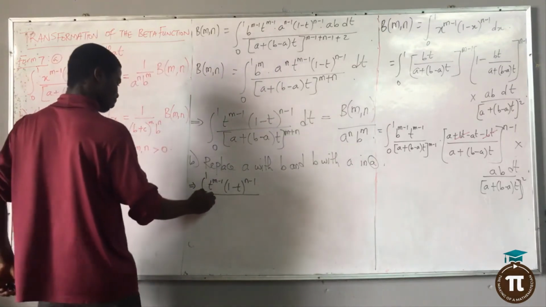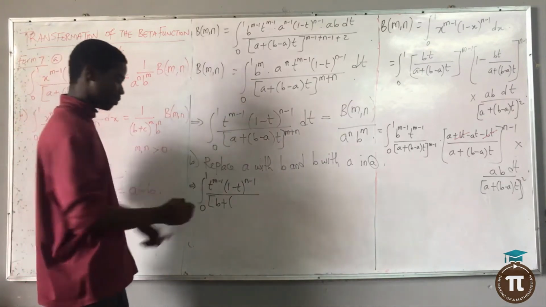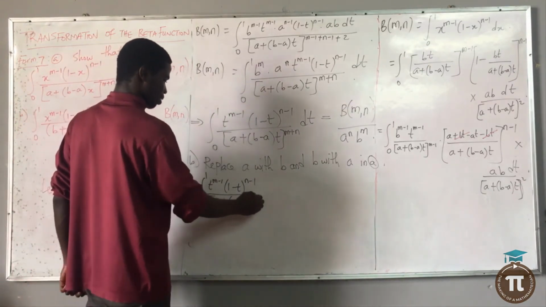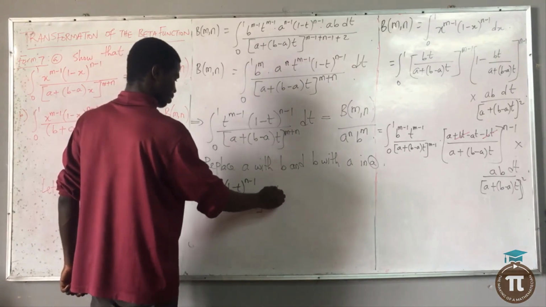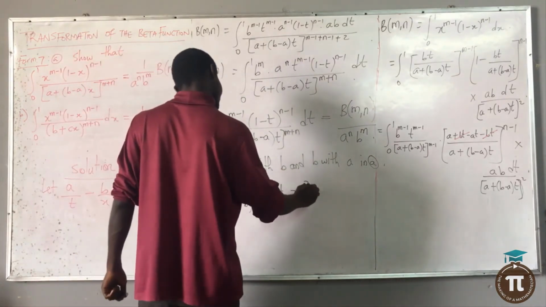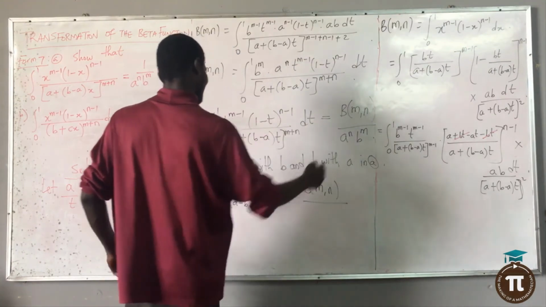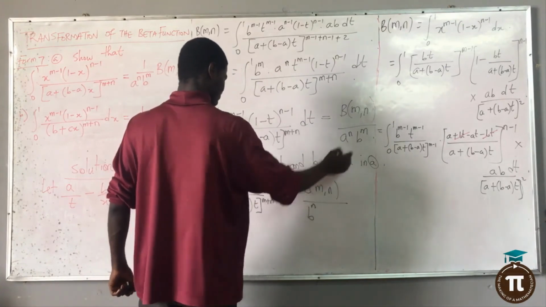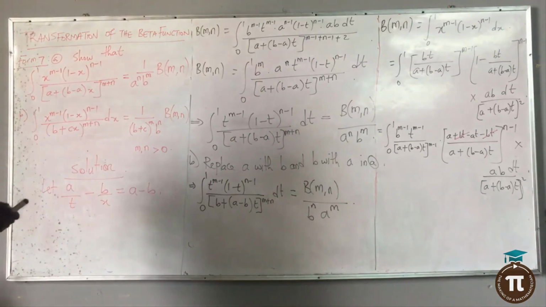This one will now become b plus, this one will become a minus b, so b plus (a minus b)t raised to the power of m plus n dt, and this one will be equal to beta of m comma n over a is now b, that is b raised to the power of m, then a raised to the power of n. So after we've gotten this, then you